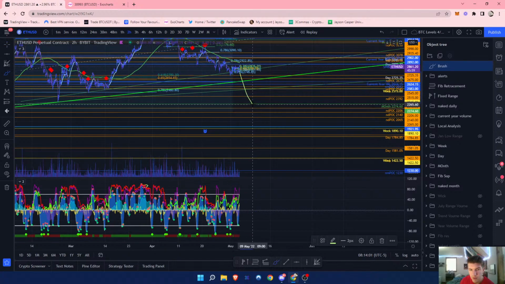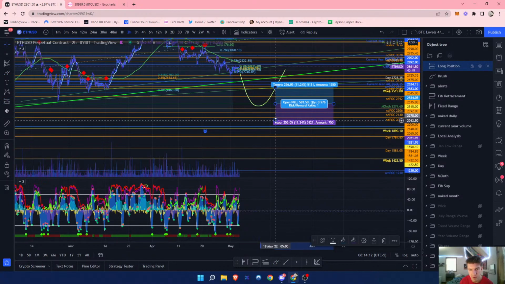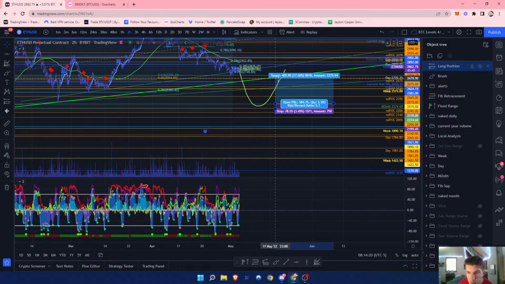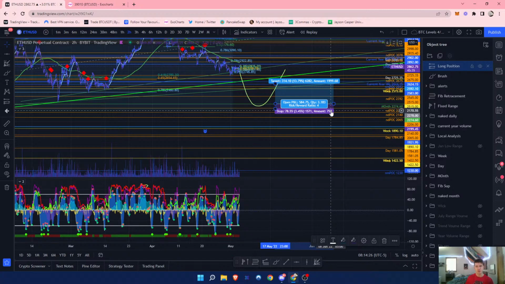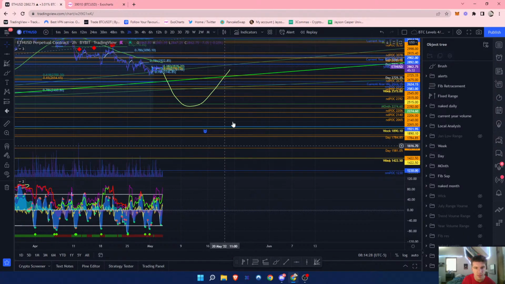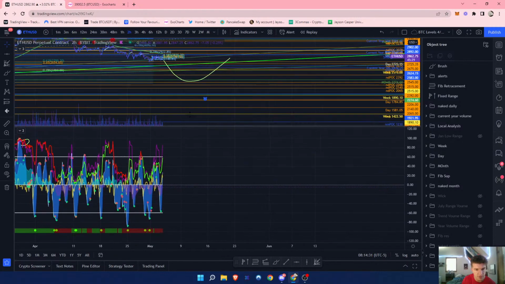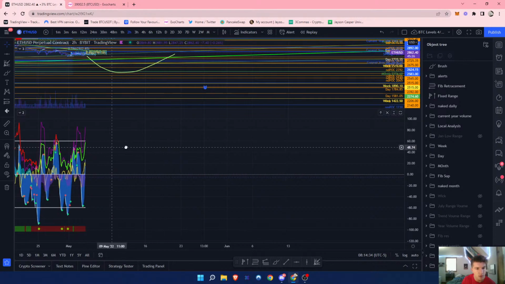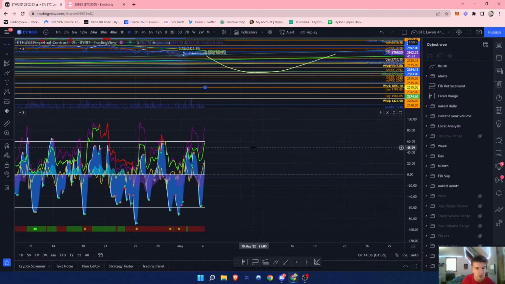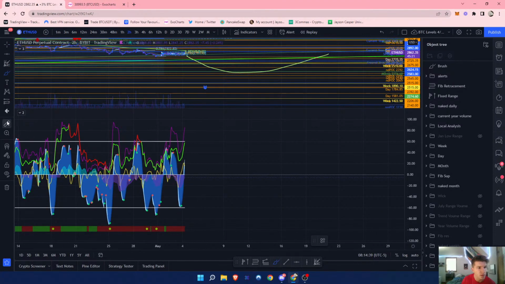So really, I'm just looking at this area right here, off this monthly naked daily point of control area. At the time, this is kind of speculative, but I'd have my stop loss right below that, and just really aim up like that. Nice risk to reward ratio. And again, looking at Market Cipher B. Let me see, this is